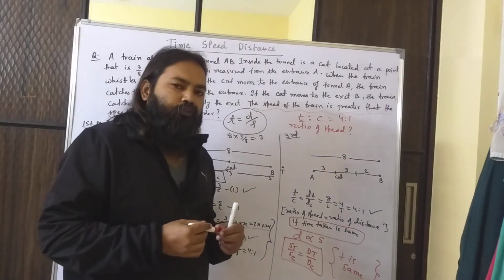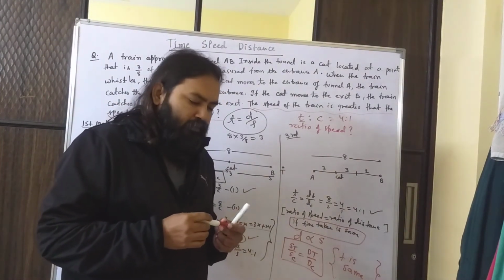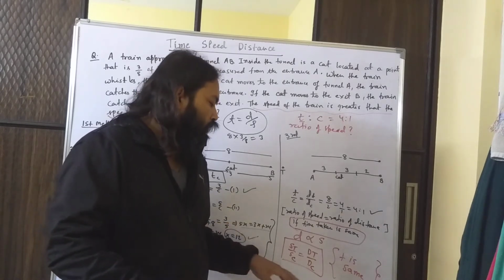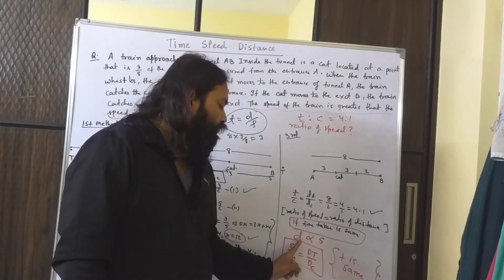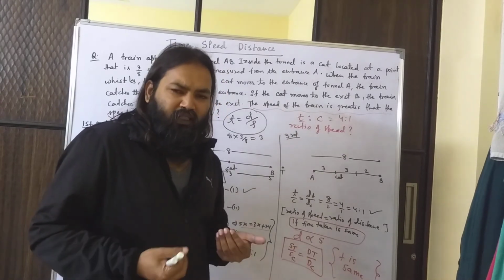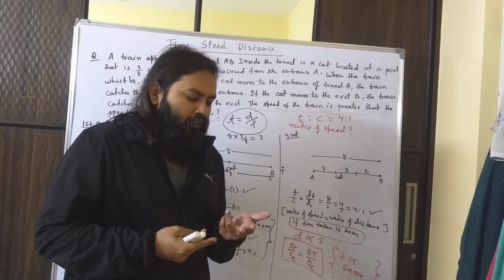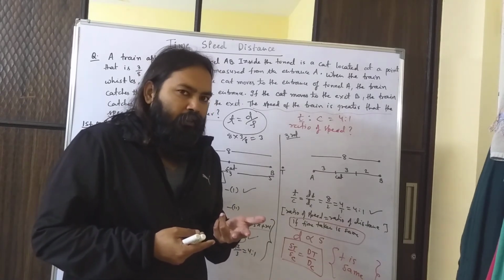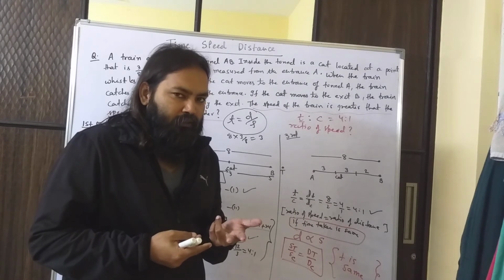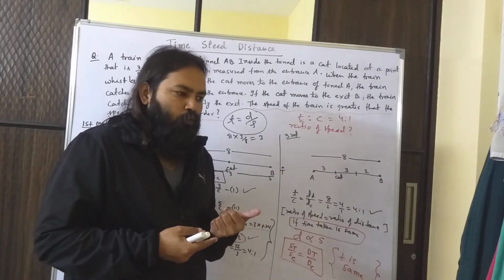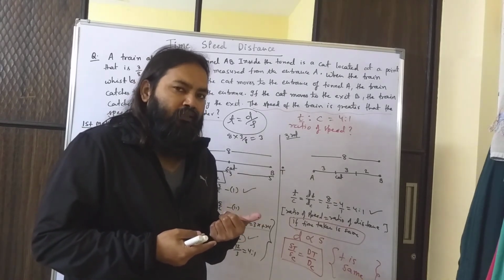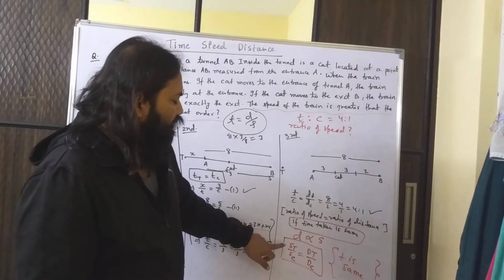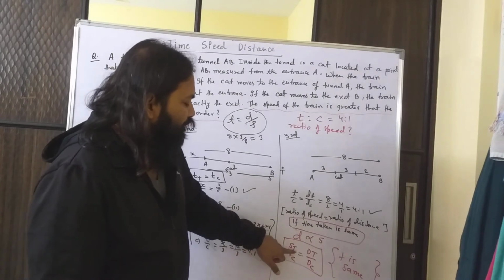Now you might have studied this in ratio and proportion, or this is the concept in time, speed, distance also, that if time is same, then distance traveled is proportional to speed. So what does that mean? If two people are traveling for the same amount of time, then obviously the guy with a higher speed will cover more distance. So suppose there are two people and the speed of one guy is double the other. So in the same time he will cover double the distance. That's why we are saying the ratio of speed will be same as the ratio of distance when time is same.